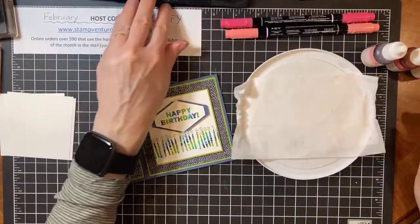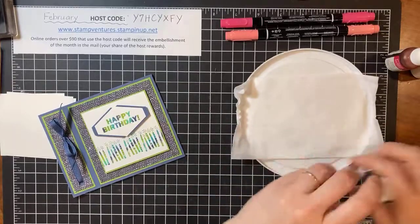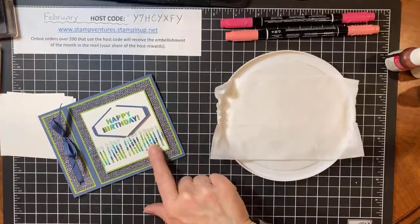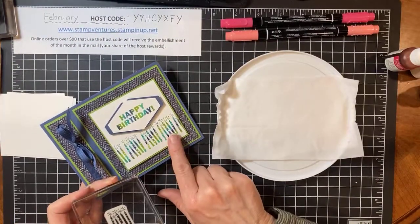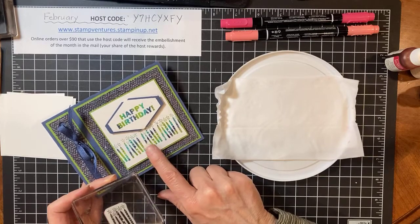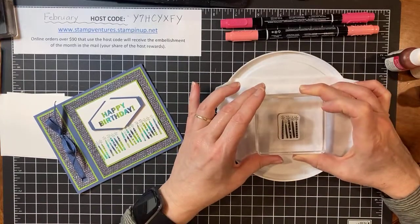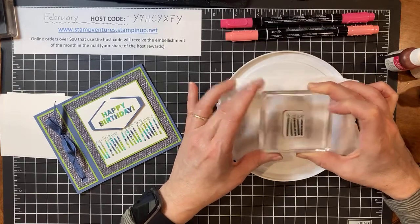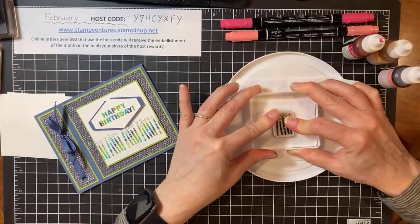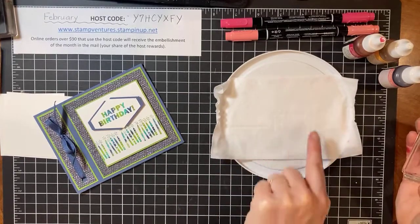Okay, I feel like I'm all over the place here with my tools. All right. Oh, I thought this was a cool idea. So for my son's birthday card here, I stamped, well, I was saying they're candles, but they kind of look like they're sparklers. Maybe that's what they are. They could be either candles or sparklers. My friend Tamara had a really good idea where if you want to ink up a stamp, before you put your inks onto the baby wipe, take the stamp and make an impression in it, and that's how you know you need at least that area